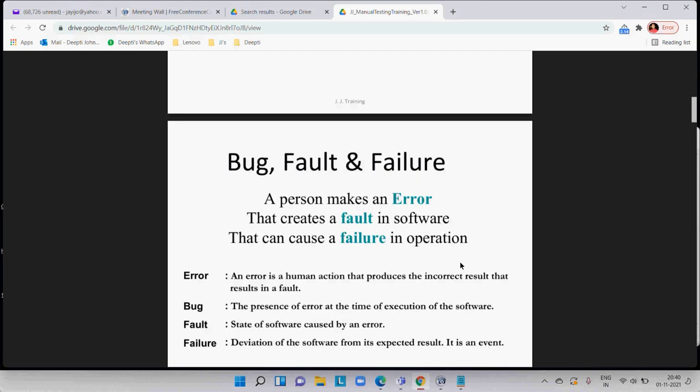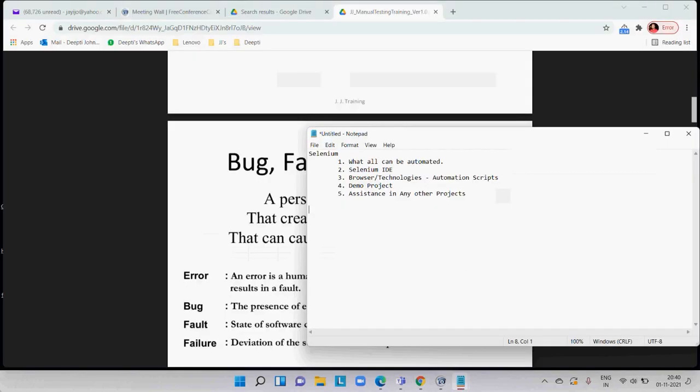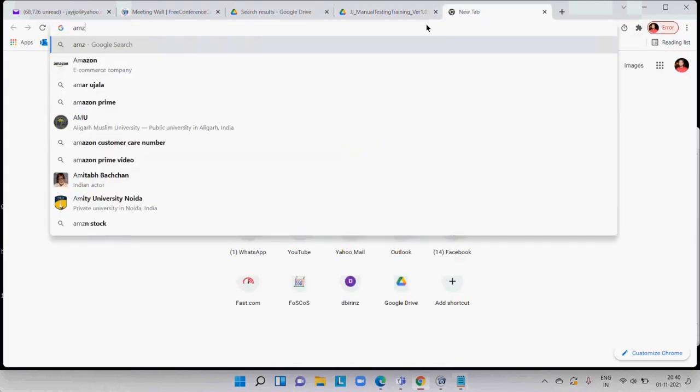The failure is a deviation of a software from its expected results. So how do we conduct the quality checks? We have a certain set of steps or operations that need to get done on any application under test. Okay, so we have something called AUT. AUT is nothing but application under test. So if I'm going to the Amazon site,